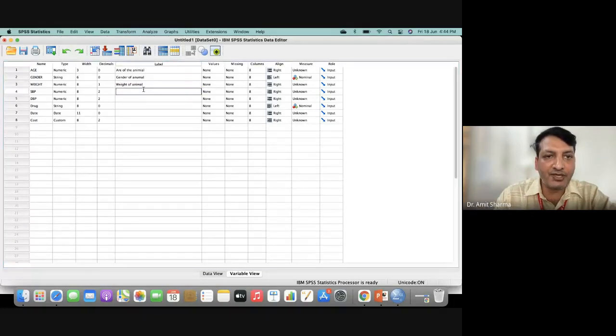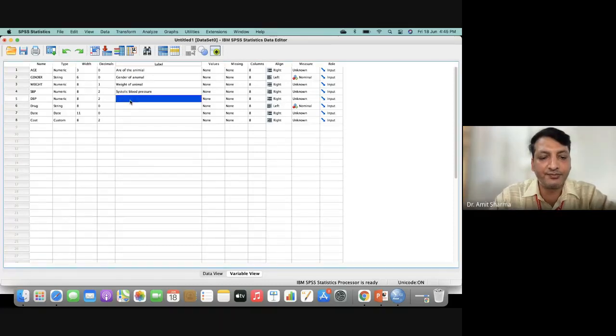Now systolic blood pressure. Here you can write the full form of the name also, because in the fourth row you have just written the short name SBP. So what was the full form of that? The full form of that variable can be written here: systolic blood pressure, and at the bottom you can write diastolic blood pressure.